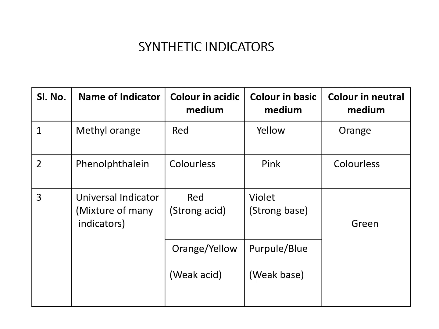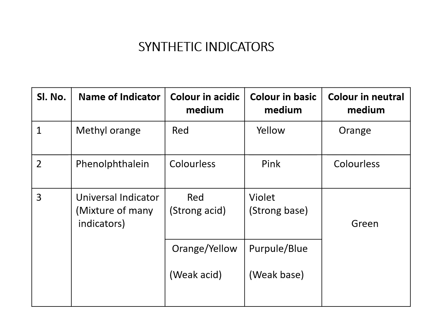Okay, now let us take another example. Another example is phenolphthalein. When phenolphthalein is added to an acidic medium, it will not impart any color. It will be a colorless solution, means no color. Now if the same phenolphthalein solution is added to a basic solution, it will impart pink color. When phenolphthalein is added to a neutral medium, it will impart no color, means it will be a colorless solution.